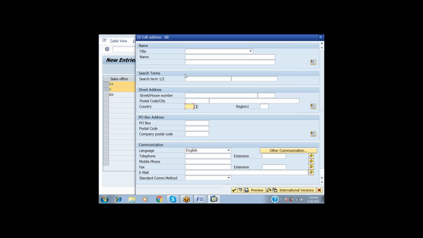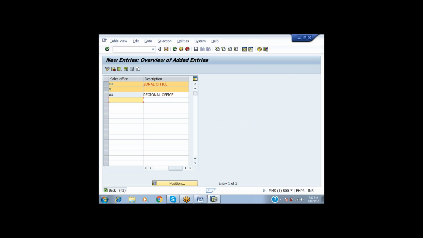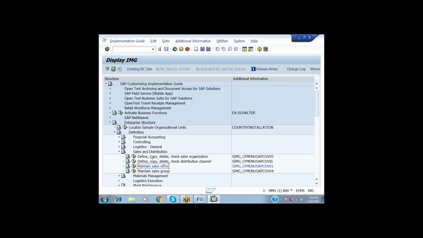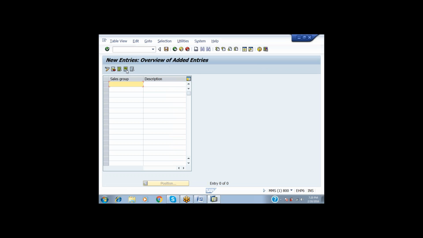And whenever the sales office has been done, next we have to go for the sales group, the person who is responsible for the particular sales office. And this BJ, which I am saying the general manager, and BB, regional manager.